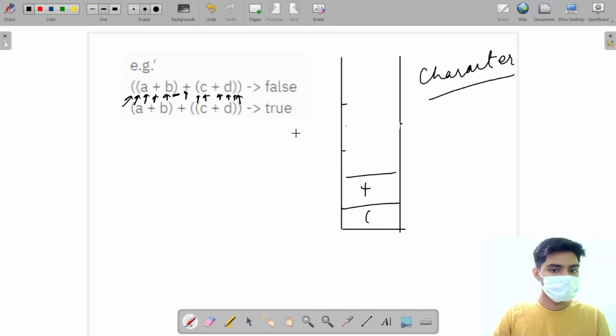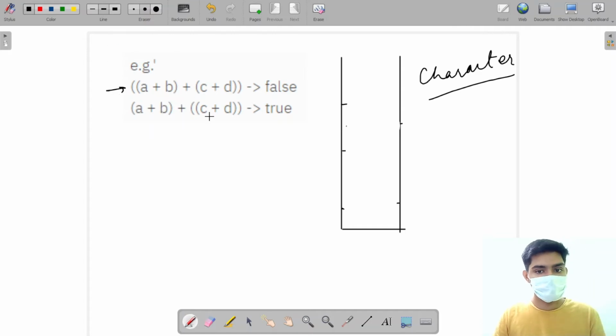I'm at this closing bracket. I'm going to pop every element till I find an opening bracket, and then I'm going to pop the opening bracket as well. Now this will be more clear as we do the second expression. But in this first expression, we didn't have any duplicate values or duplicate brackets. So this iteration ran completely fine, right?